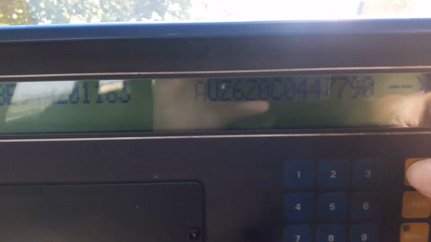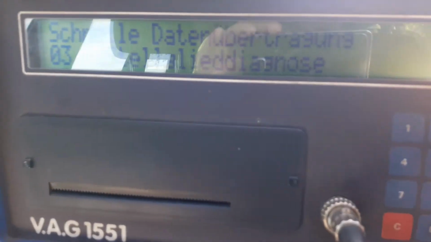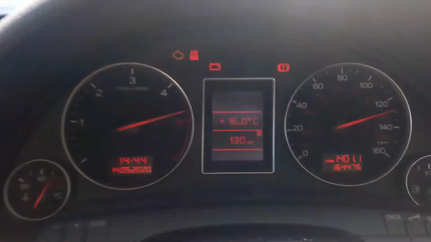So it brings us up some information there, the part number, the coding, the workshop service code and the forward arrows. So we press the forward arrow, brings us up a bit more information, forward arrow again, and it's asking us to select the function. In this case we want function 03, which is output test diagnostics, or as they call it in the German version, Stelle Diagnose. So we select that with the Q button and it takes us in,